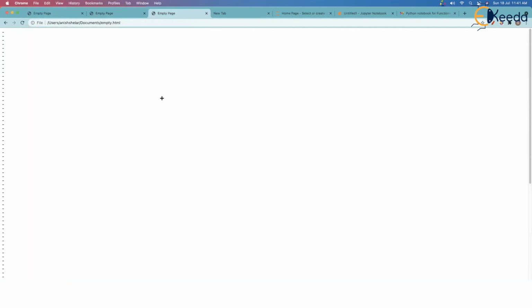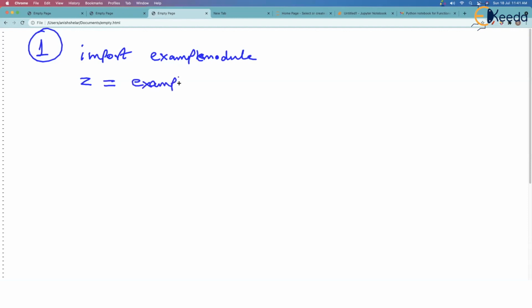Okay. You know, the first way of importing the module, the first method to import the module is simply write import and the module name, like example module. Sorry for the handwriting. Just manage this. But the point is that now while calling the function, you will have to write the entire module name, example module dot function name.